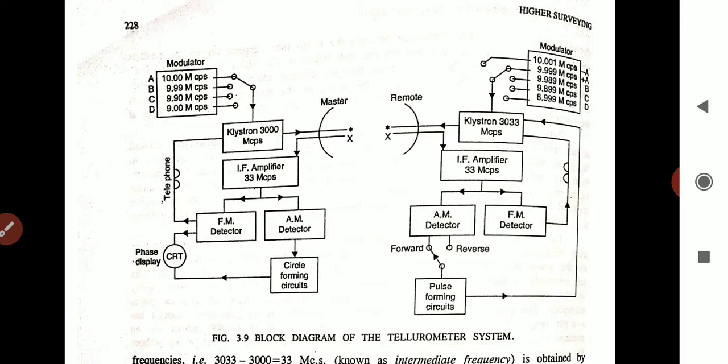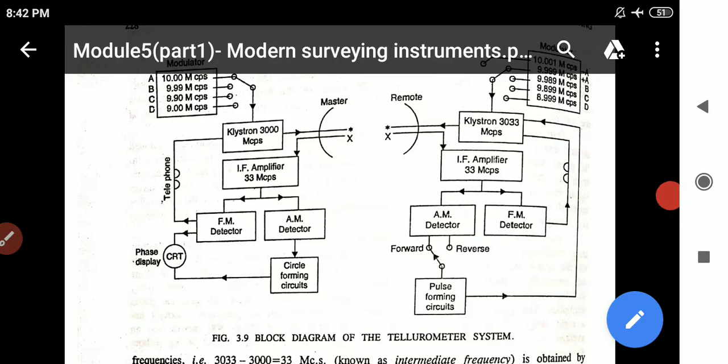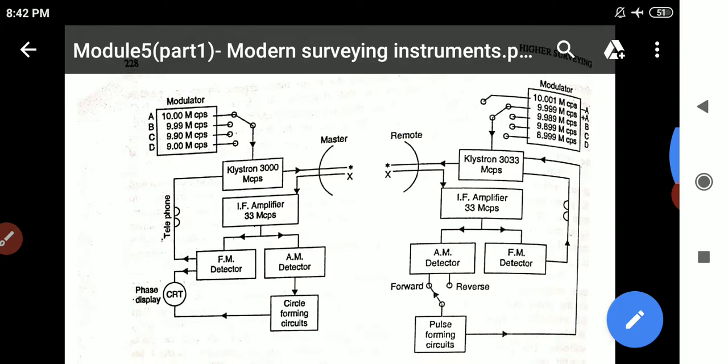However, two such telemeters are required, one to be stationed at each end of the line, with two highly skilled persons to take the observations. One instrument is used as the master set or controller set, while the other is used as the remote set or slave set. It is model MRA2. See the MRA2 model, and the schematic diagram shows it systematically with all block diagrams. This figure shows the block diagram of the telemeter.